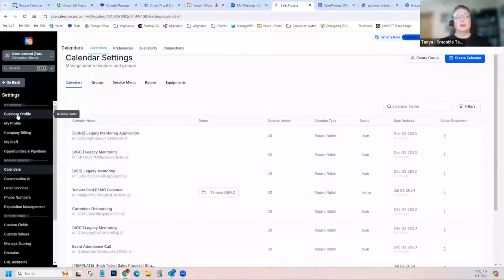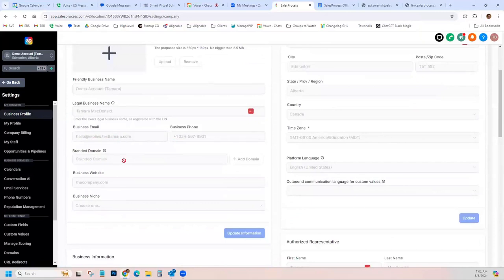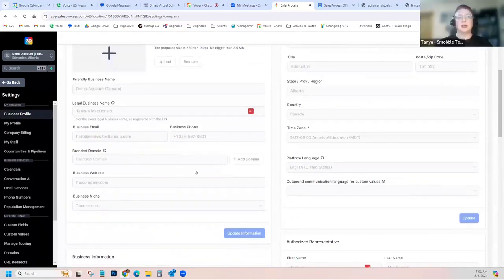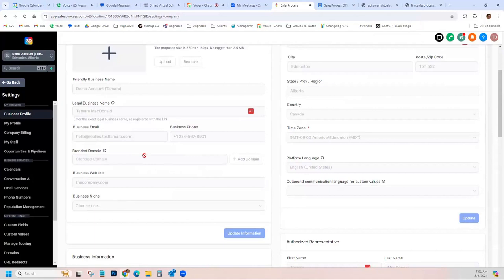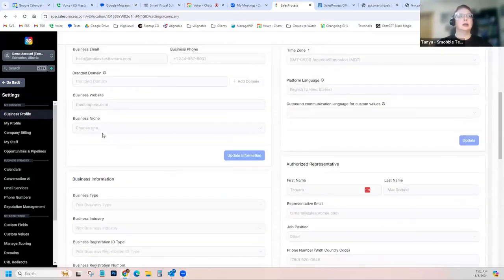So you're going to go to your business profile. You're going to go to the branded domain area. This is loading, so it's taking just a second. It's in the first section of the business profile where you have your logo and your name. If for some reason it's not loading very quickly,